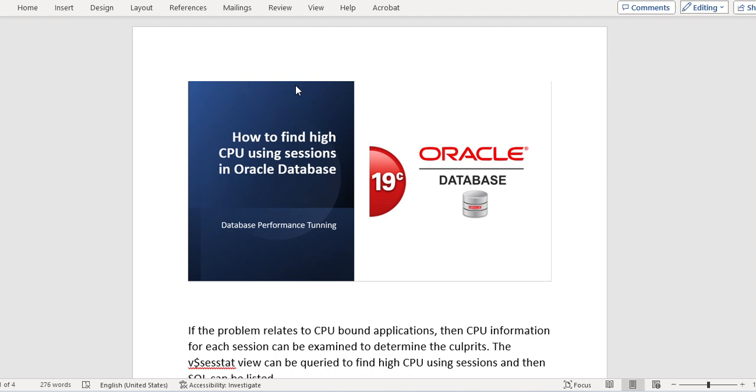In this video I am going to talk about how to find a high CPU consuming session in Oracle database. So this is a very important thing as a DBA. When you are working as an Oracle database resource, you should know how to tackle a high CPU